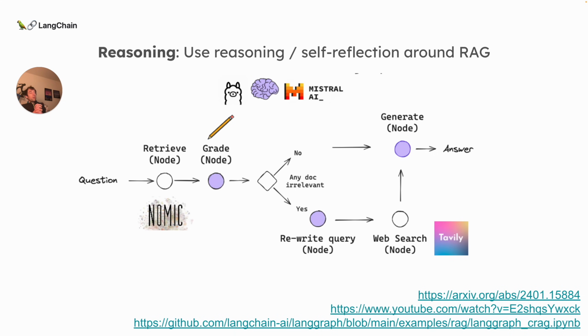This particular approach also, we showed, works really well with open source models. I ran this with Mistral 7B. It can run locally on my laptop using Ollama. So again, a really nice approach. I encourage you to look into this. And this is all independent of the LLM context length. This is reasoning you can add on top of the retrieval stage that can improve overall performance.